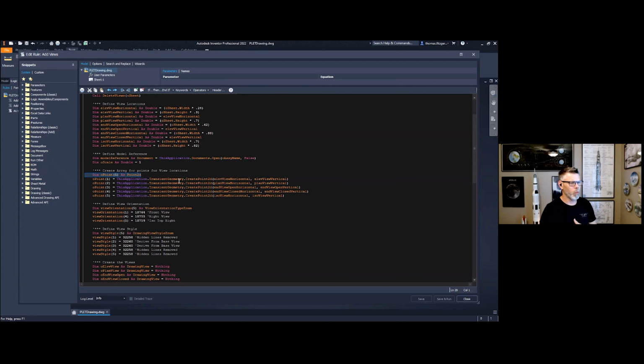And then what type is it? I'm typecasting it as an Inventor Point2D. So in this case, oPoint number 1 is going to be of that value, oPoint number 2, 3, 4, and 5. So I can create a variable, give it a linear capacity, and then I can populate each one of those slots, if you will, within that array.